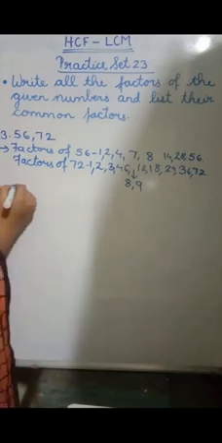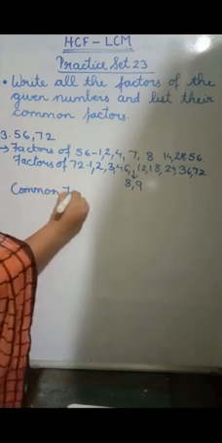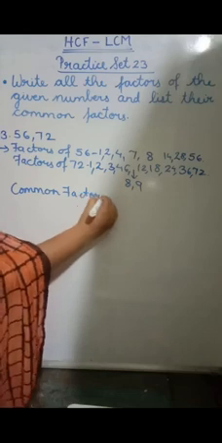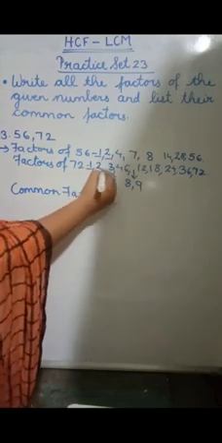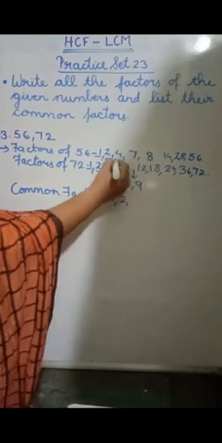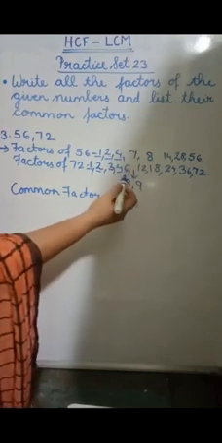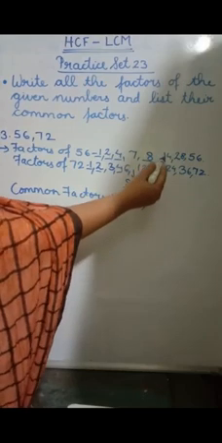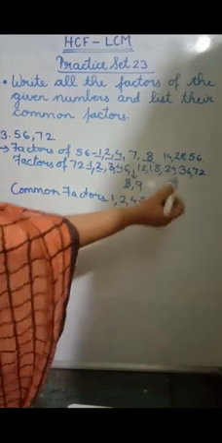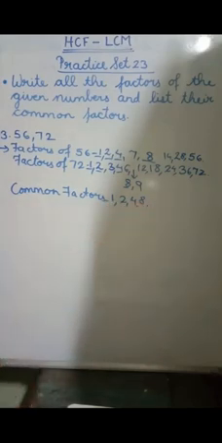So this helps us to get the factors of that particular number. Okay. Now we'll find out the common factors. So 1, 1; 2, 2; no 3; 4, 4; no 5; no 6; 8, 8; then 14, no; 14, 28, no; 56, no. So what are the common factors? 1, 2, 4 and 8.